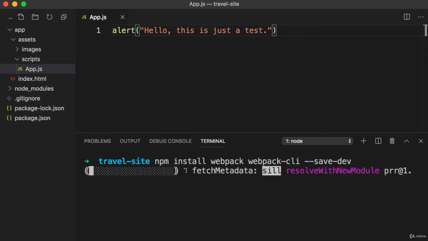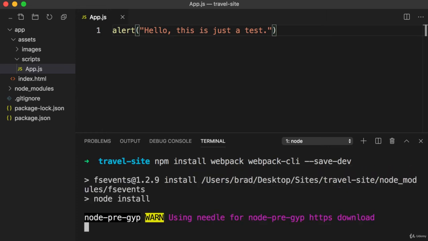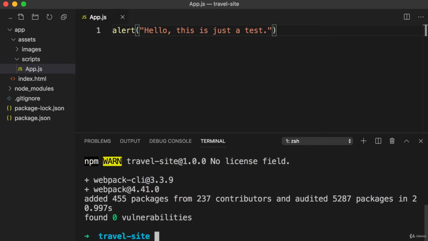Now, even if you're using a very fast computer and internet connection, this installation could take upwards of 30 seconds or so, so be patient. But once it completes, this means we now have Webpack within our local project. So now the question becomes, how do we actually use or leverage Webpack? And the answer is that we want to create a configuration file within the root of our folder. So not even within our app folder, just within the root of our travel site folder, I want you to